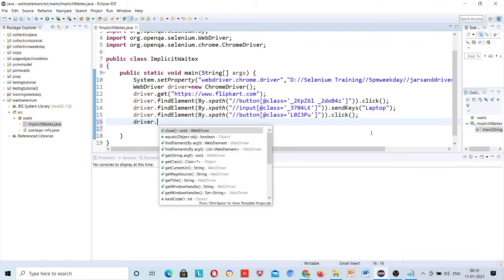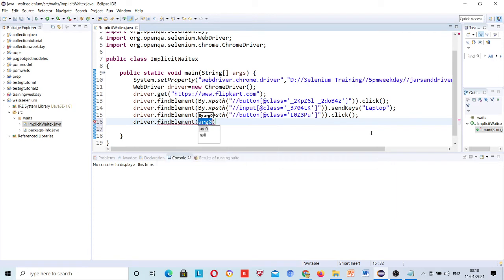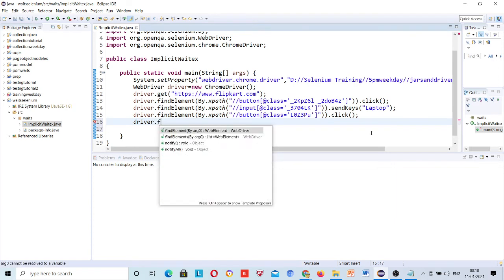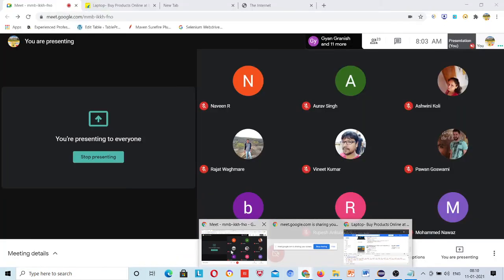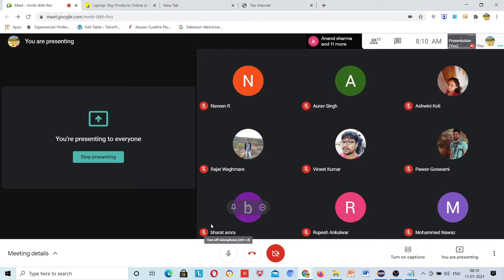driver dot find element. Just tell me, my task is to get all these web elements and store them inside a list. Which method should I use? Because now the result is not single, now results are multiple.